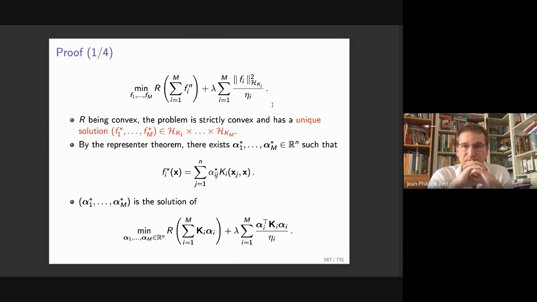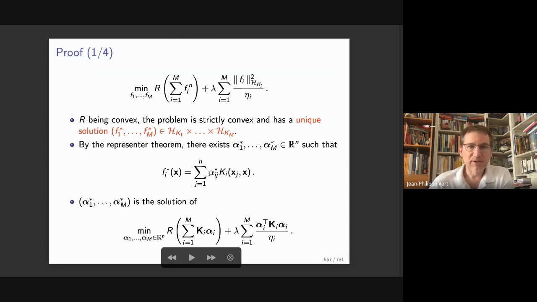All right. So first comment, you see that R is convex. Here we have strictly convex functions, the square norm. So this is a strictly convex optimization problem. So there's a unique solution f1, ..., fm, etc. And in particular, we can use the representer theorem in each RKHS to show that each fi can be written